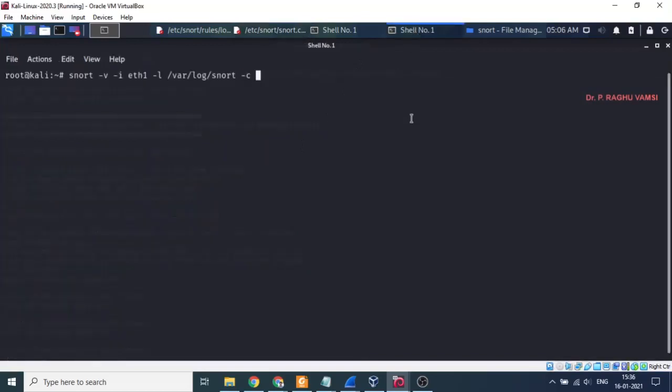So that is the reason we need to provide the location of the configuration script, which is available at /etc/snort/snort.conf.